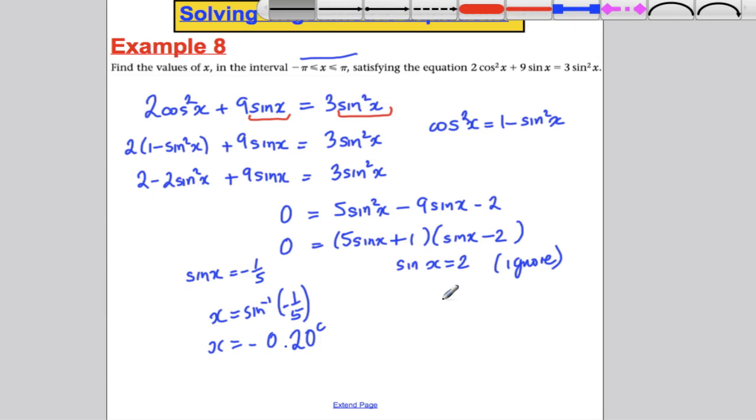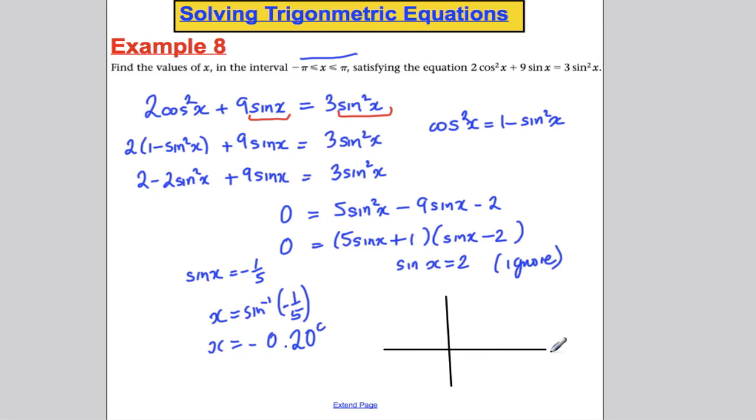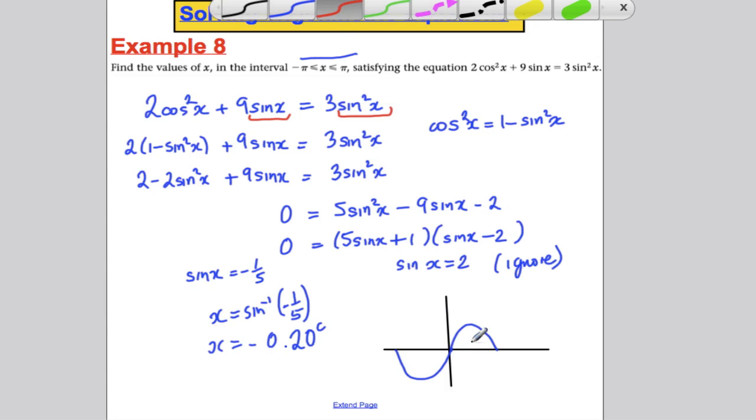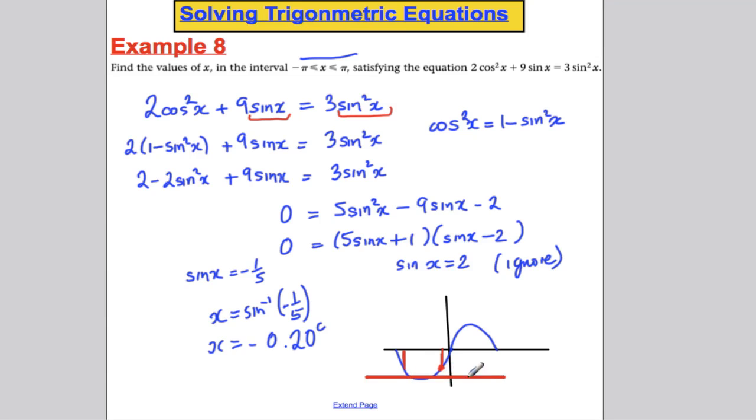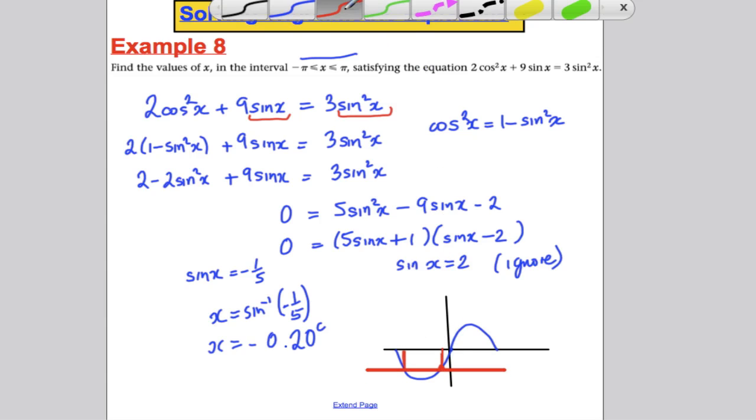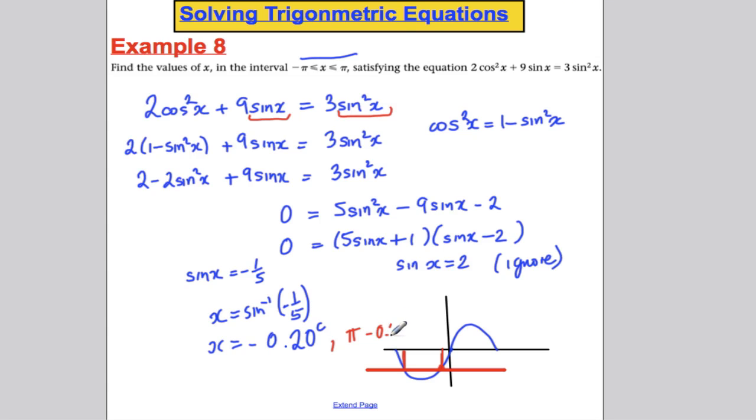So in order to find the other ones, let's just, as always, draw our graph. Going from minus pi up to pi. So as follows, minus 0.2 radians is going to be somewhere like here. So the other one is obviously going to be over here. So we're 0.2 away from that 0, so we're 0.2 back from that pi. So the other one's going to be pi plus 0.2. So our two values are x is